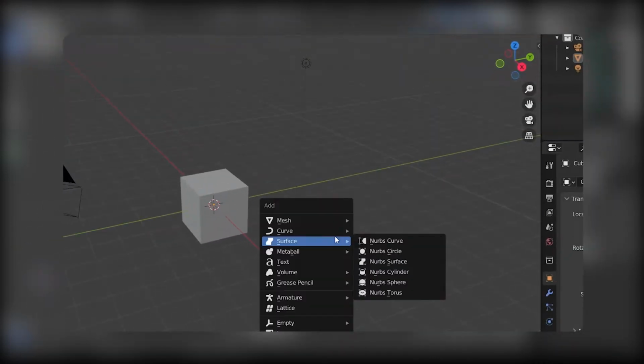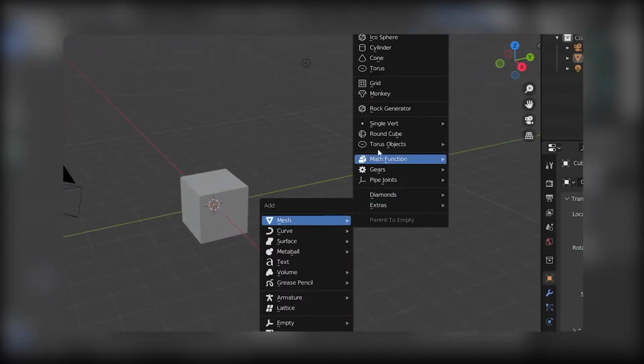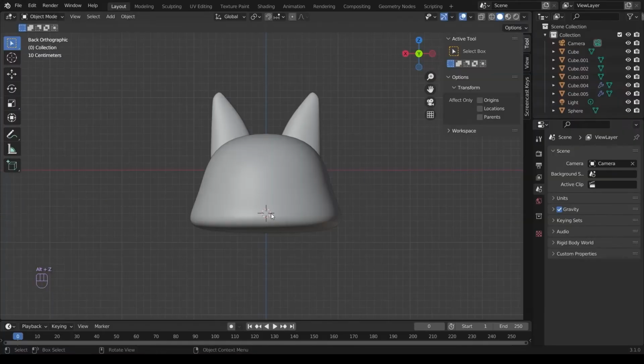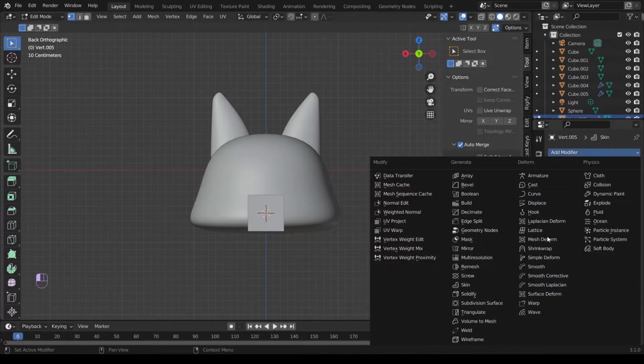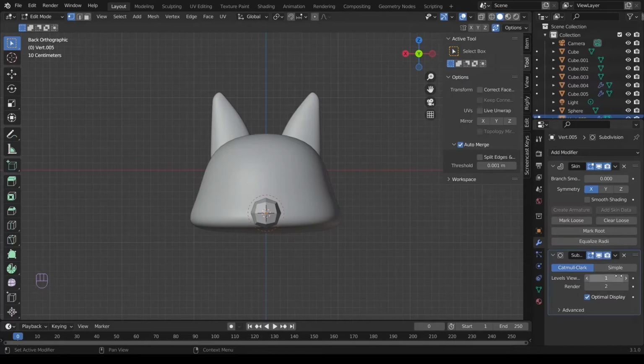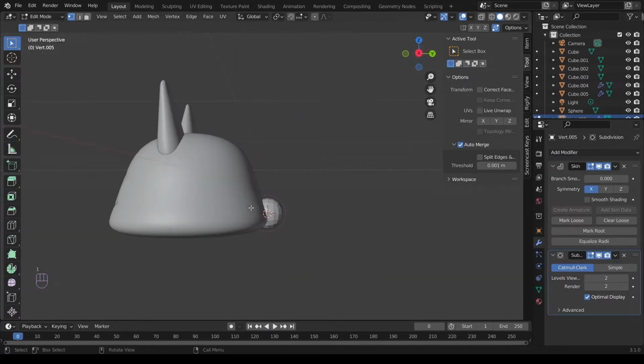Now that we've activated our extras, we can normally hit Alt-A, go to Mesh and notice how now we have the single vert option. So we're gonna go ahead and add one. Apparently nothing happens, and that's because it's just a vert and it needs a skin to be visible. So we'll go to modifiers and add a skin modifier. This turns it into a cube and now we can give it a subdivision as well, so we can shape it, and increase the levels by 1.